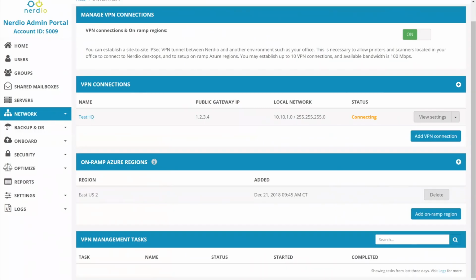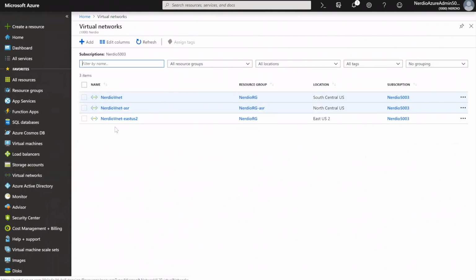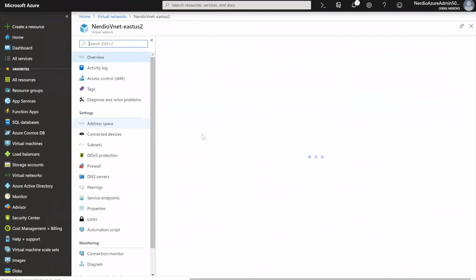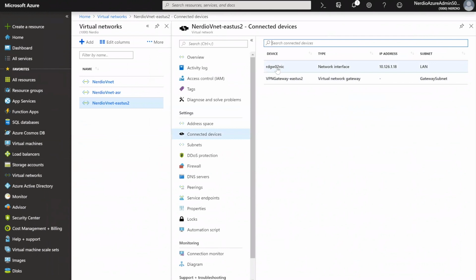So that sets up the networking infrastructure. So a virtual network, a subnet, a gateway subnet, VPN gateway, and then a connection to tie them back together. So now the two networks can talk to each other. We then spin up an RD gateway VM inside of this new network. So let's go back into our network view. So we have our virtual networks, we have our on-ramp region East US 2, and then we can go to connected devices, and boom, you see there is an